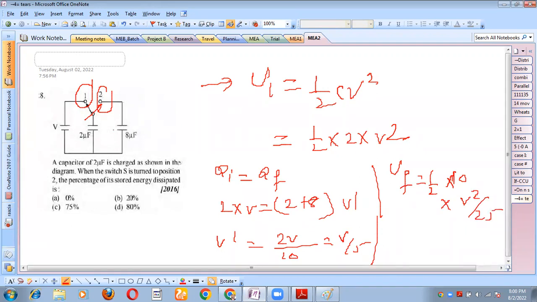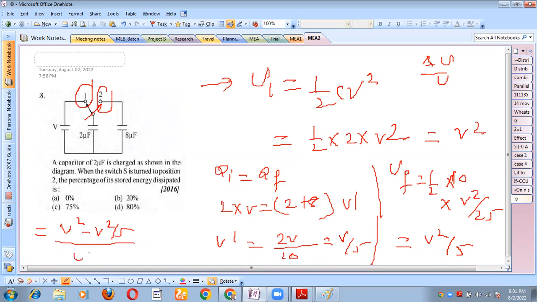So the percentage you have to find, basically you have to find delta U upon U. So what is the change in energy? If you see this energy, it is V square by 5, and this is actually V square. So the change in energy upon initial energy is V square minus V square by 5 upon the initial energy, which was V square. So you get 1 minus 1 by 5 upon 1. It means 4 upon 5. And 4 upon 5 means